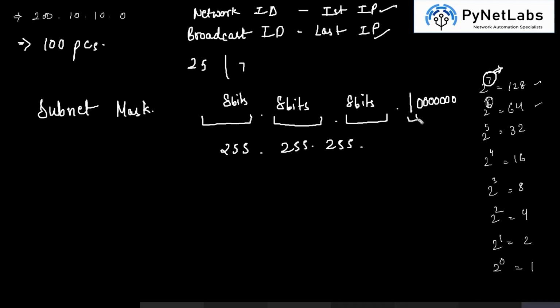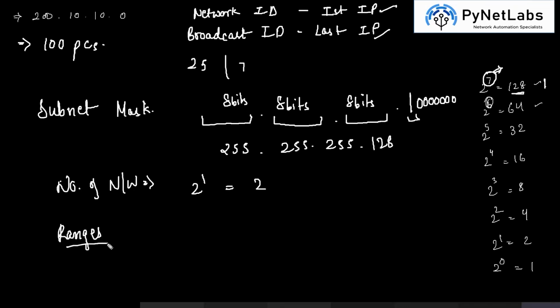Now, for this one, we can simply turn the first bit on and we get 128. So here is your subnet mask ready for your distribution of IPs. Now, if we look at the number of networks which will be there, then we have 2 raised to the power 1, which is 2. So there will be only 2 ranges which can be used for the distribution of IPs.